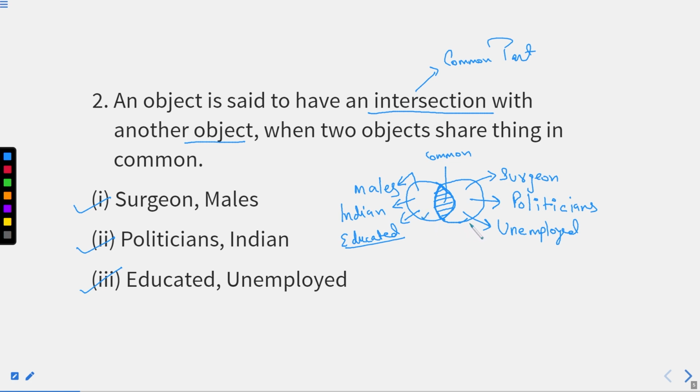So this is a simple Venn diagram representation. I hope this complete thing is understandable. Whenever you are reading anything, you must know how to make a Venn diagram of that particular thing. Right now we are dealing with some basic things so that the basic concept behind it is clear to you all, right?